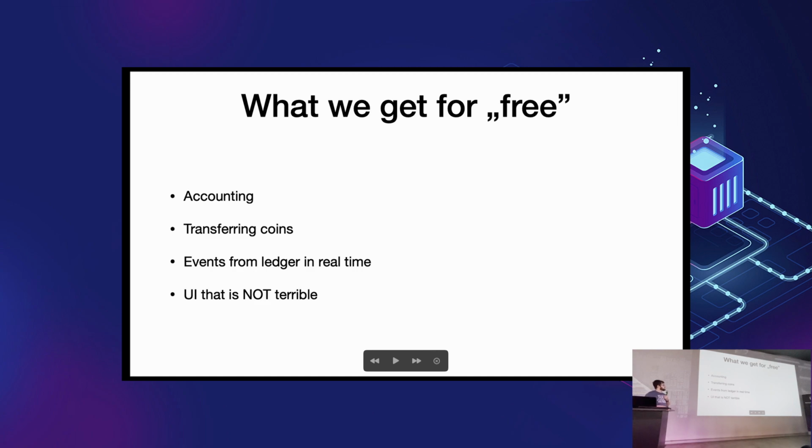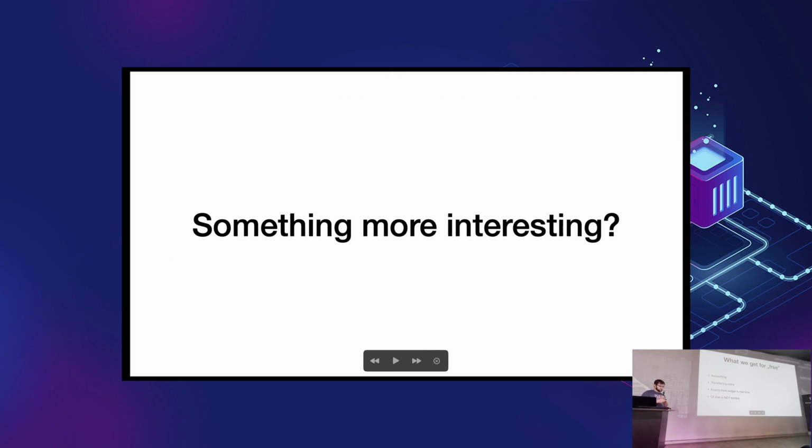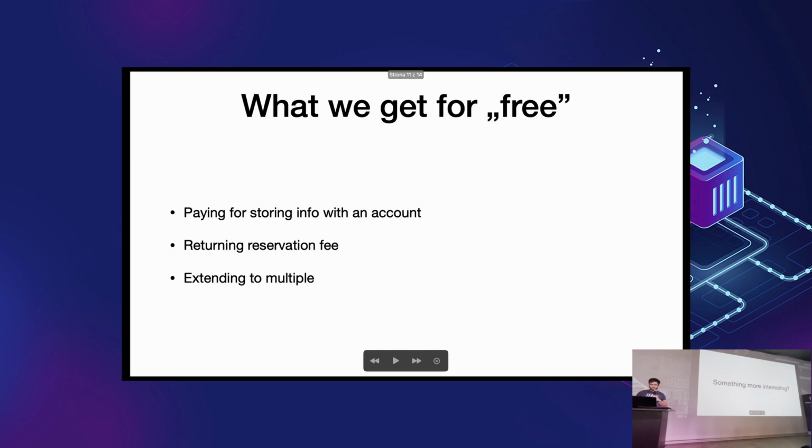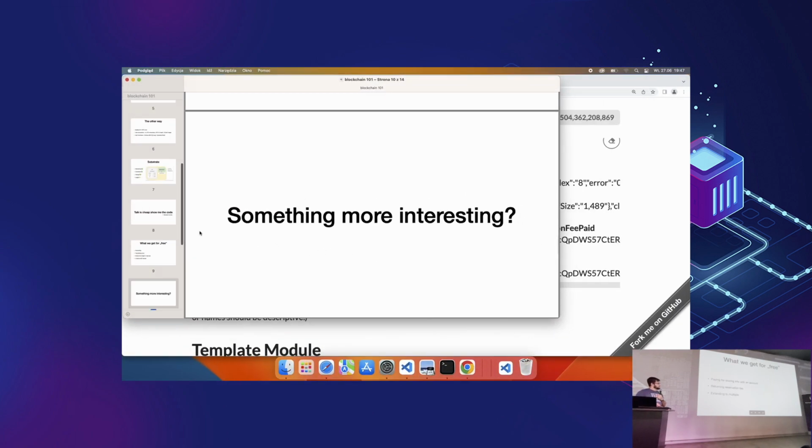Okay, so what we get for free, it's not free, but it comes with the framework, is an accounting model, the ability to transfer coins, and events. As you saw, there were notifications if a transaction was successful or failed, and who pays what, and who issued what transactions. And we have a UI, which is not terrible, which is nice. And now this is something more interesting, which is using the same mechanism, but not to store a single number in the entire blockchain, but to store